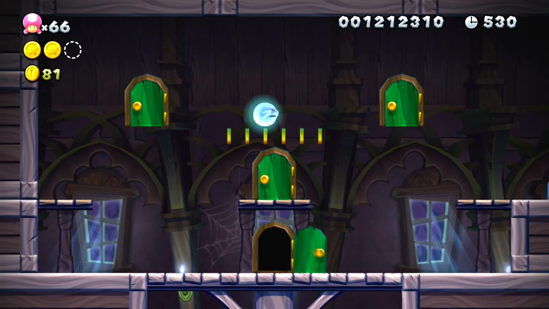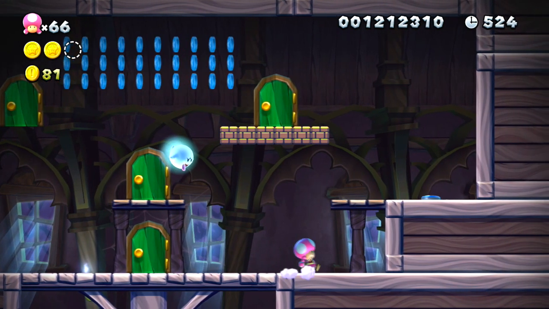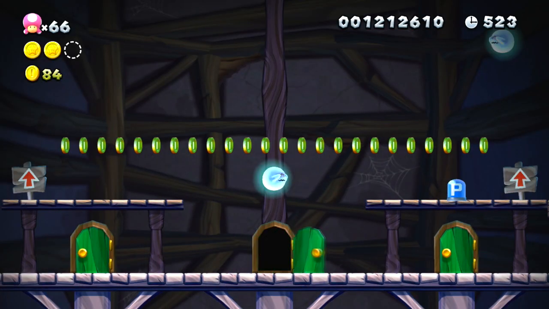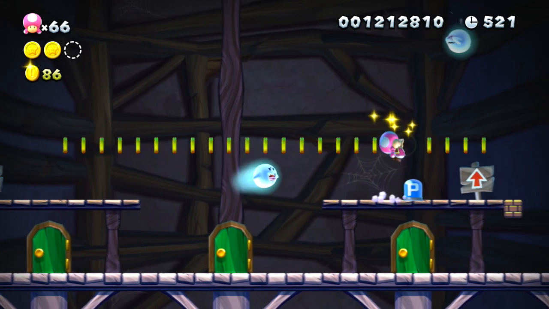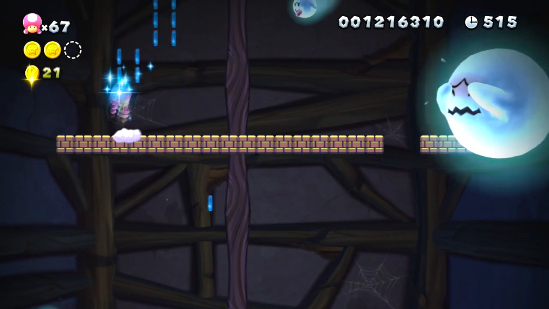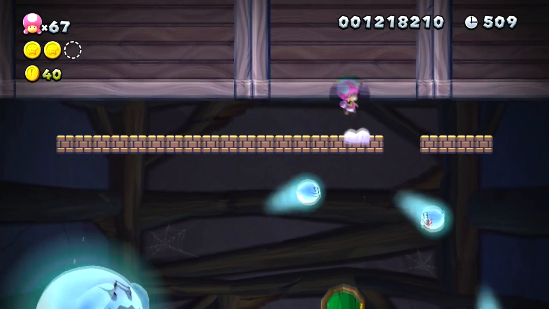Okay, so this next Star Coin's gonna be a little bit harder to get if I mess this up. Maybe, well, except actually, it's not really that hard, but we'll see what we can do. I forgot to mention this is our first ghost house, right? Let's talk about that. This is our first ghost house, and ghost houses in traditional Mario, as you know, they're